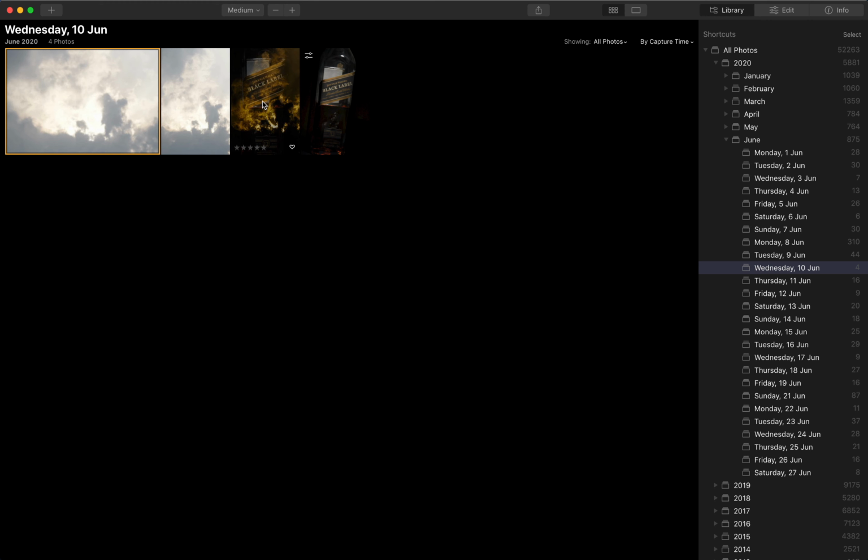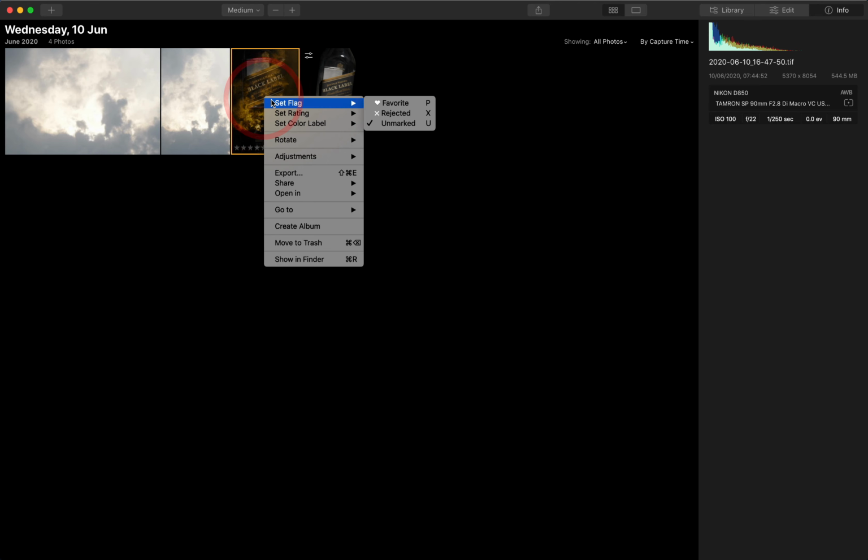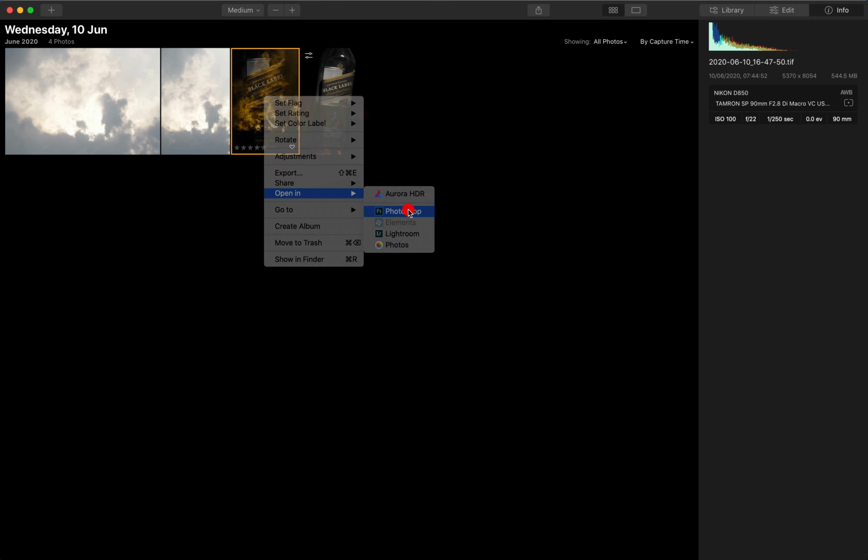And there is one other small detail. Now this is already a TIFF image. Of course, I am going the other way around. You would normally run Luminar from Lightroom or Photoshop. But I just wanted to open this image in Photoshop so I could show you the layers.